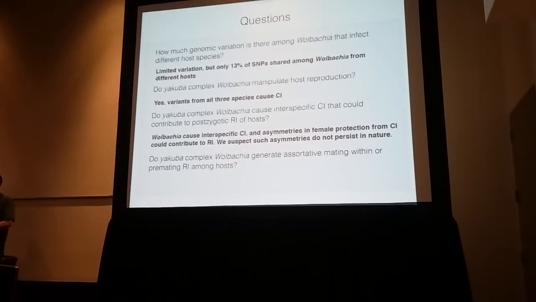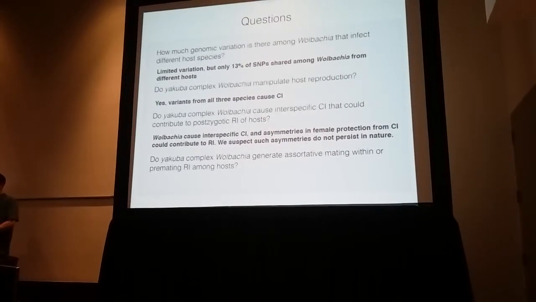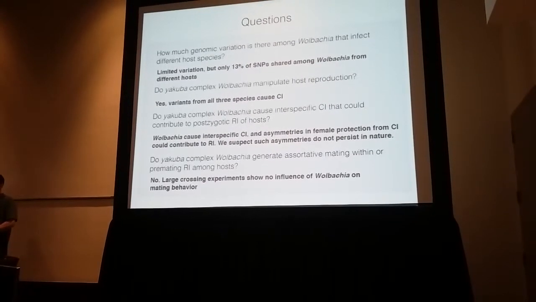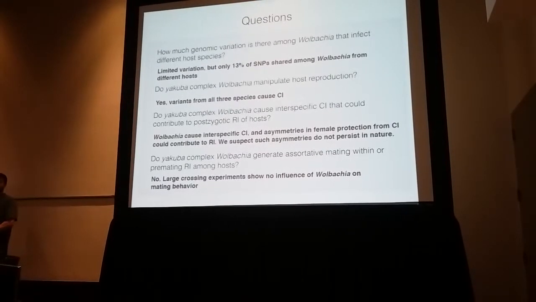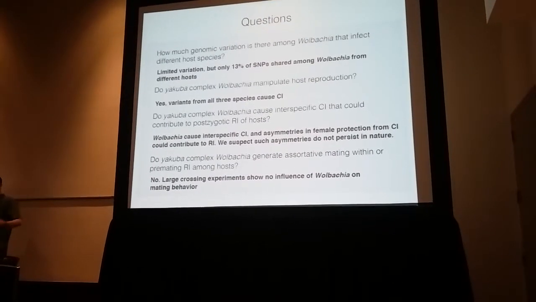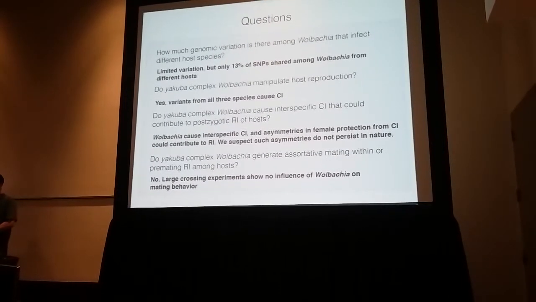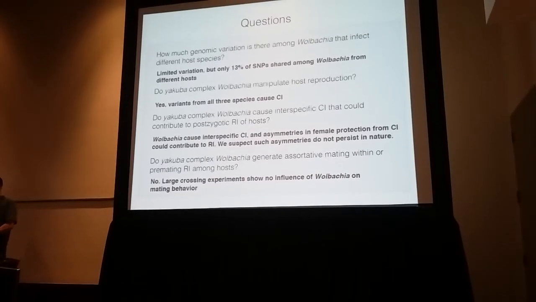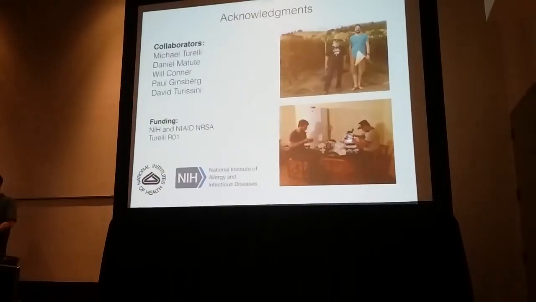I think what we're going to find is that Wolbachia don't matter in the long term for patterns of post-zygotic reproductive isolation. And then we see that they don't matter for mating behavior, so females presumably are experiencing this in nature because they're not discriminating against infected males. They are mating with them both within and between species, so I'd like to do some field experiments to see if we can actually pick up CI in the field.